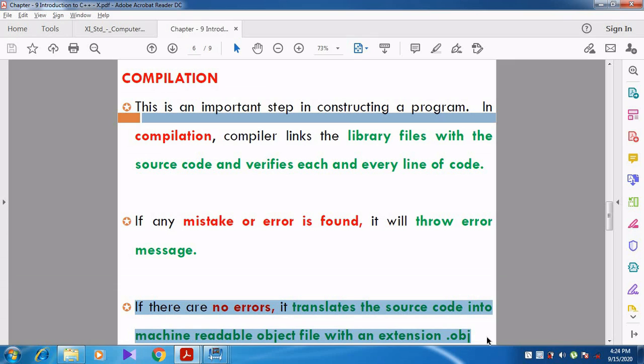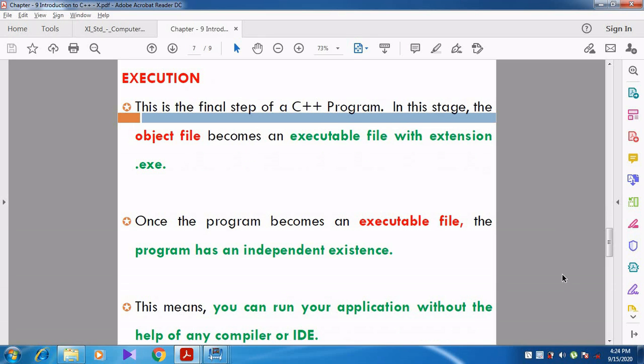Can you understand, students? Only if there is no error is the source code converted into an object file. Then the last stage is called the execution.